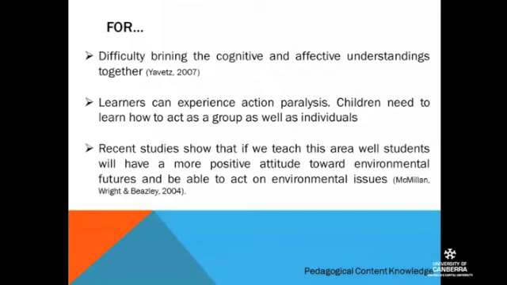Because if they don't experience both, they'll get their action paralysis when they're thrown into one or other of the situations. So across the P to 6 years, we tend to plan out that, okay, in preschool, we're going to get them to do a little project that follows on to home, so they're acting as individuals. Come year 2, we're going to get them to do something about their local environment, so it's as a class. And then you change it again. So they have the opportunity to act as individuals and as a group. So they see that it is possible to change these bleak environmental futures that they see as they get older, and actually, yes, they have got a part to play in these futures.